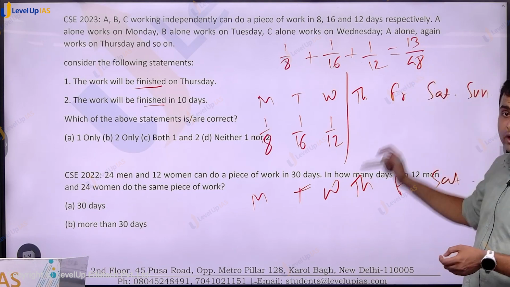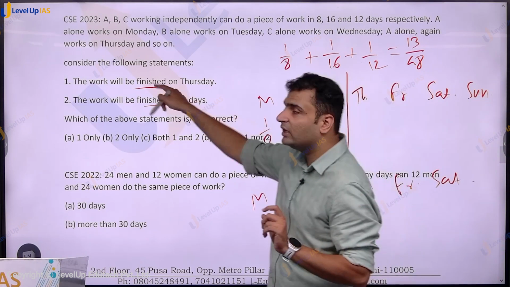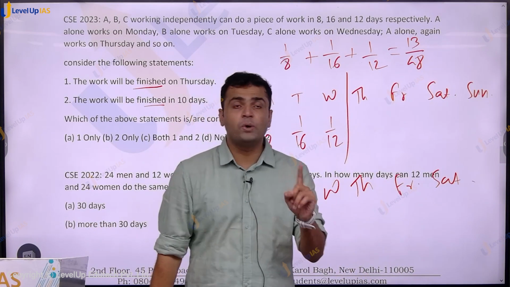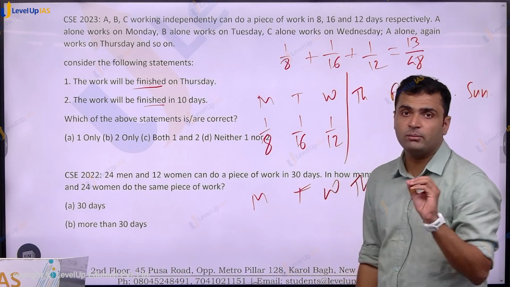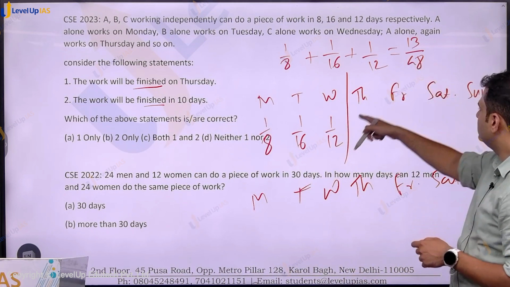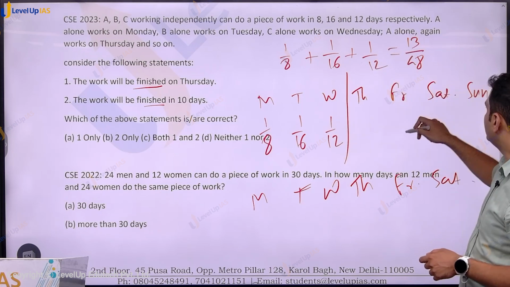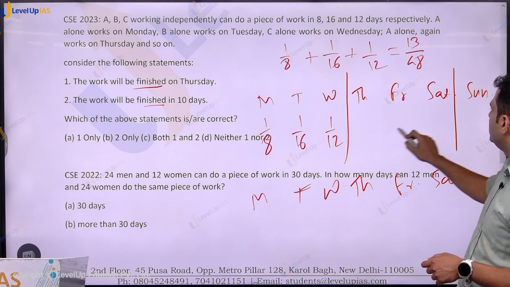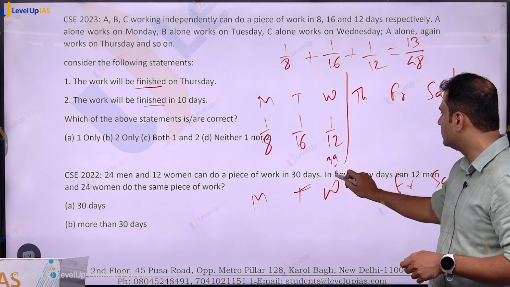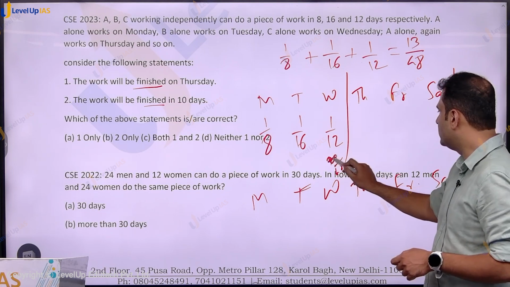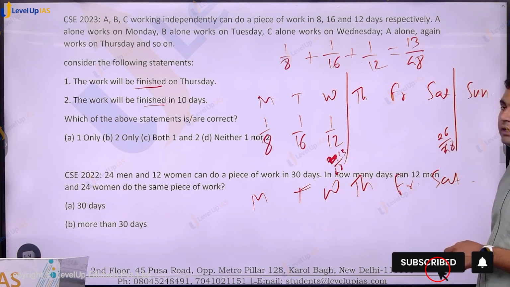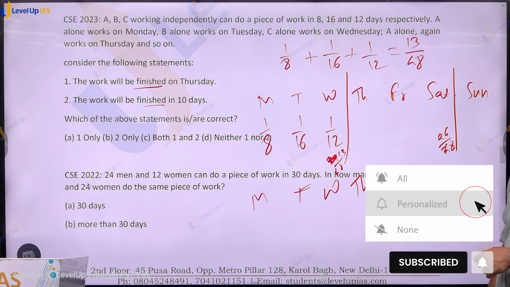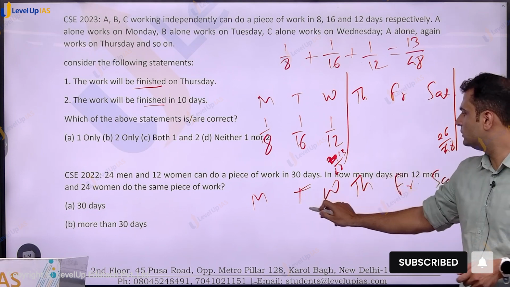Right? We want to know when the full work will get finished. Full work means 1, and this is a fraction, 13/48. So we are looking for 48/48 now. After 3 days, 13/48. After another 3 days, 26/48 is completed. Correct? Next 3 days,